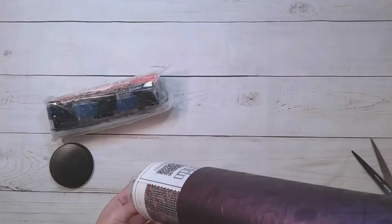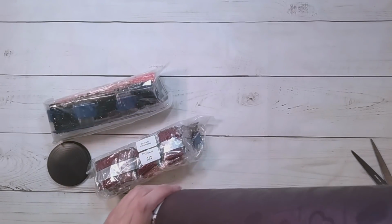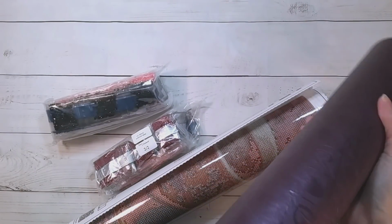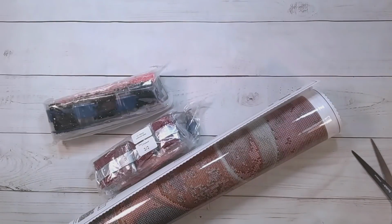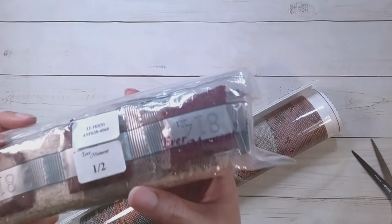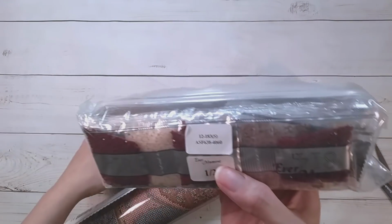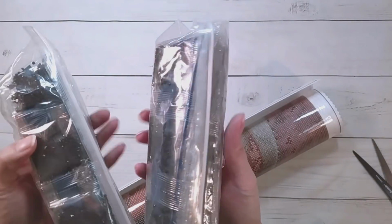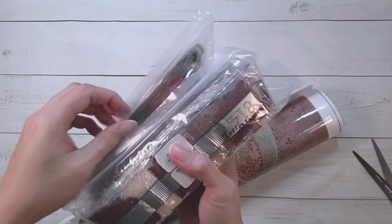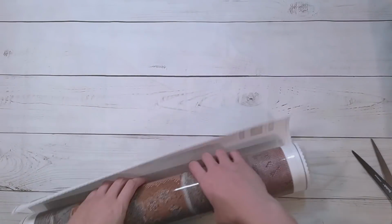They are, for an AliExpress diamond painting company, on the pricier side, and especially since they are not, as far as I know, legally licensing their images, it's, like I said, on the pricier side. So I did get squares. Yes, it is squares. Just making sure. So they do come nicely packed. They are, like I said, more expensive. So I'm hoping that means...